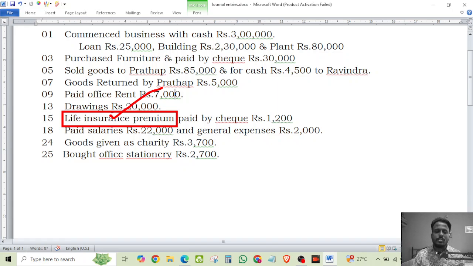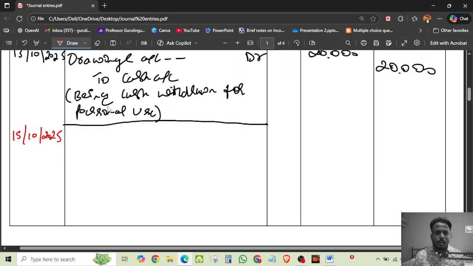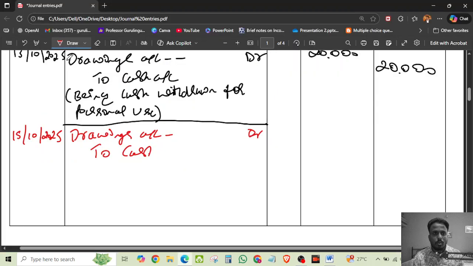Who is paying life insurance here? Who is having life? Mr. Abhi. So therefore this Abhi is paying life insurance, means he is again withdrawing the amount for personal purpose. So therefore again this is also a drawings. Drawings account debtor to, I think this is through check. So therefore we'll write as check, that is bank,